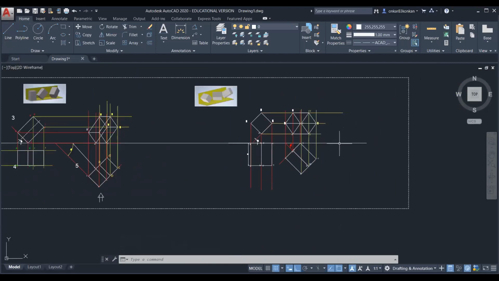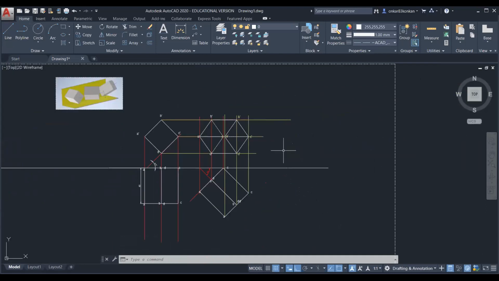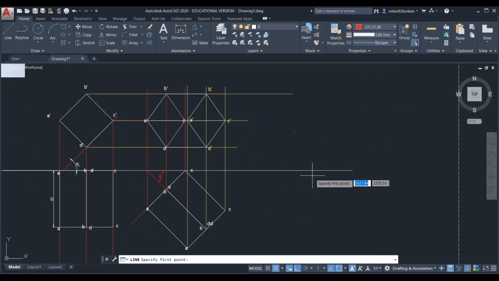So after that, we have to rotate this second stage front view. We have to find out the apparent inclination that is observed in the front view. Okay, and then you can complete the top view. So draw one line with the true inclination, that is 30 degree.